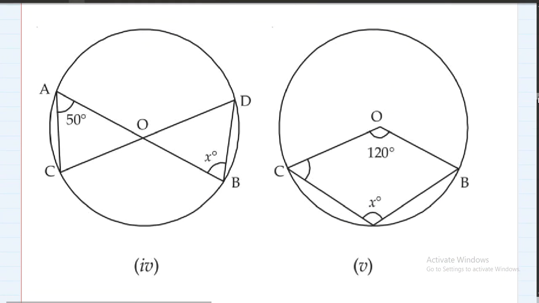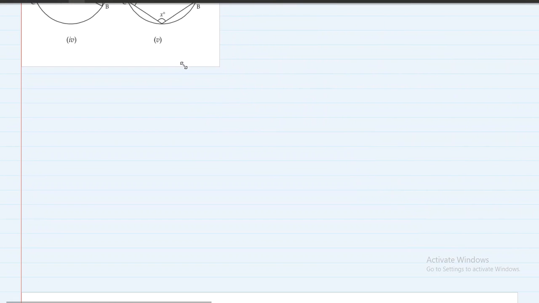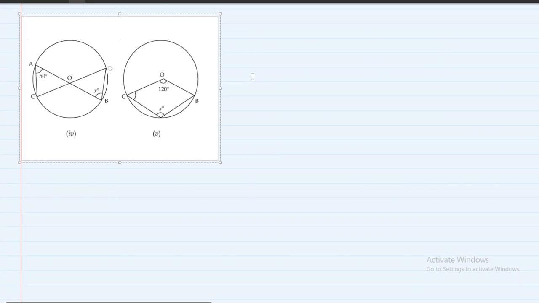इसमें भी हमें x ढूंढना है, दोनों में. ग्रेट. यहां पे आई बिलीव दैट O इज द सेंटर ऑफ द सर्कल. ठीक है. अच्छा, देखो यहाँ पे एक चीज़ जो मुझे समझ में आ रही है कि एंगल ABD और एंगल ACD दोनों इक्वल होने चाहिए। ABD कितना है x, और ACD भी x ही होगा। अच्छा, एंगल CAB और एंगल CDB भी इक्वल होने चाहिए। CAB और CDB ये दोनों कितना होना चाहिए 50।